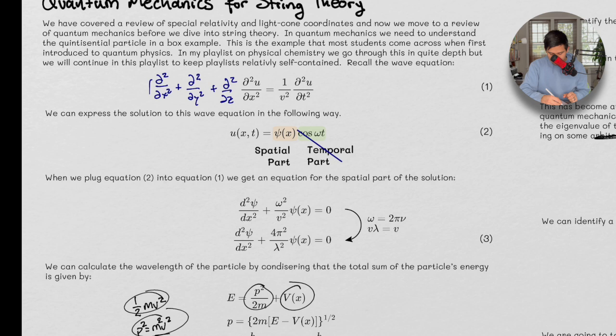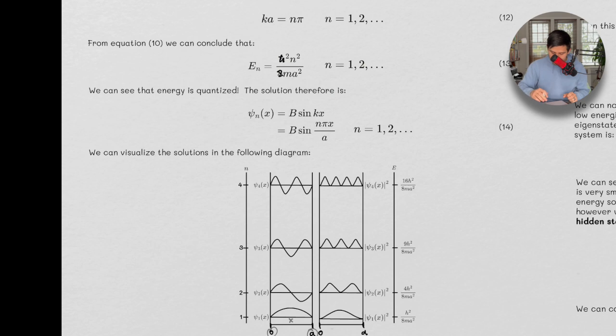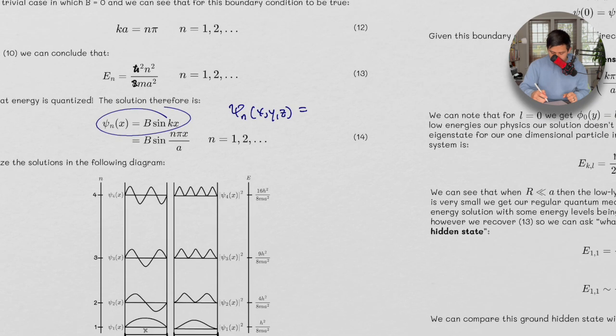And so each one of these is going to have its own independent solutions that look like this, right? So you're going to have psi n of x, y, and z all equaling